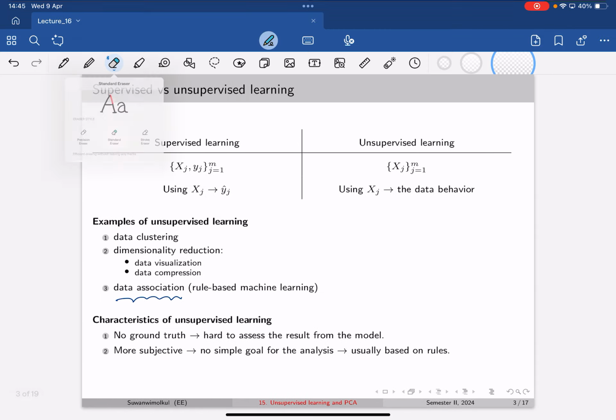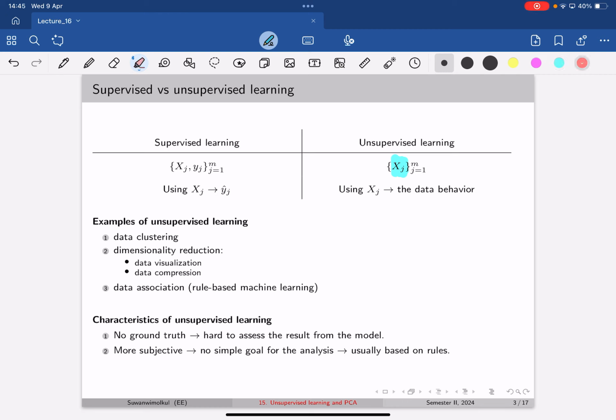But before we go to that topic, let us recap a little bit about what we have learned since last week. What we learned last week was about unsupervised learning. That was mainly a category of learning that is basically about extracting the properties of the input features. So in this setting, there will be no target,